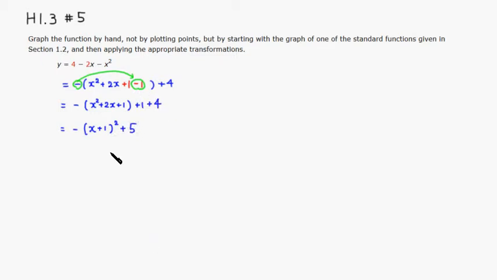Alright, so you can see the transformation. The first one is this guy, the second one is that guy, and this is the third one. So if you list the transformations: